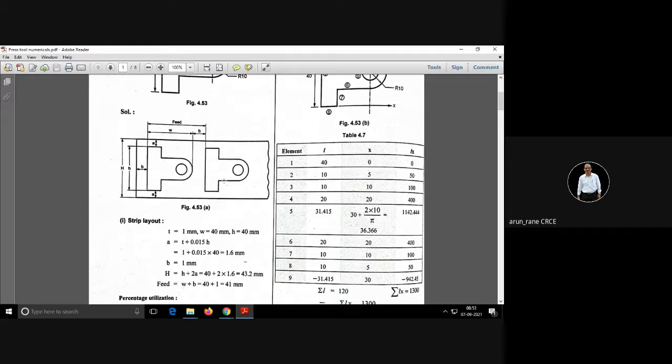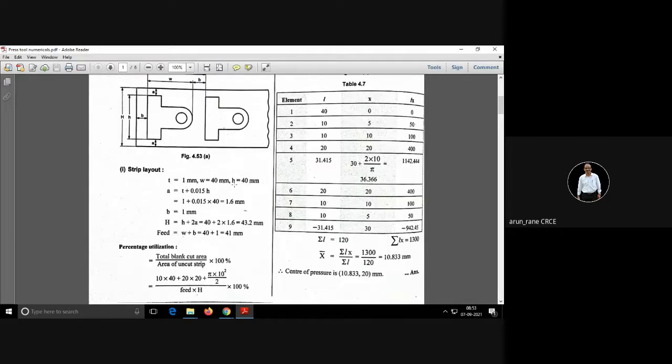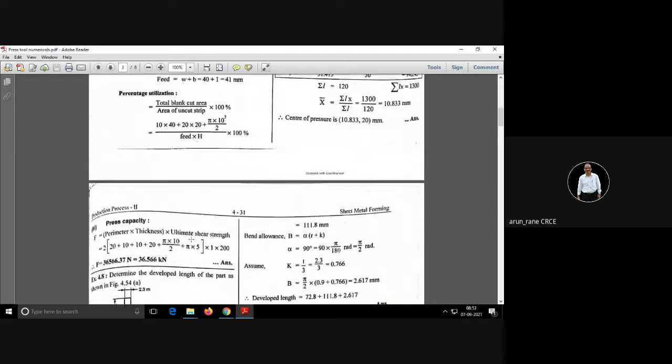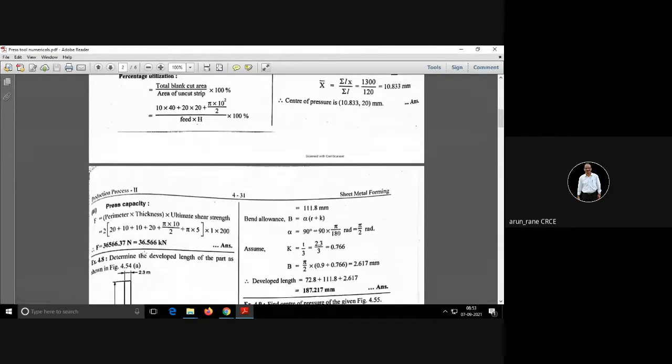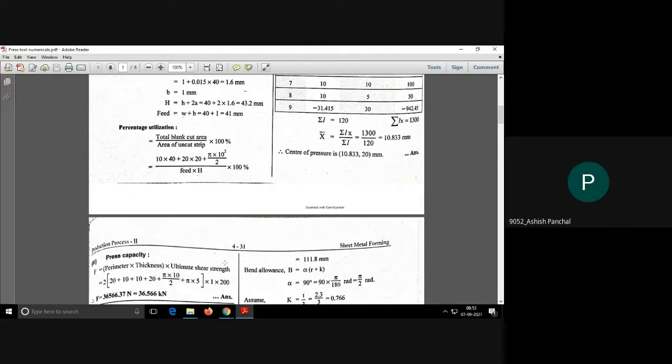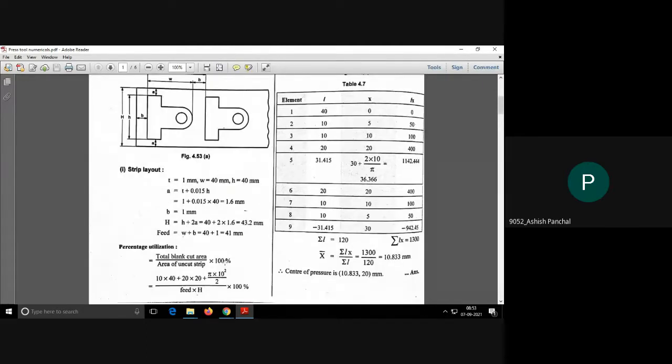बराबर है. सो दैट मीन्स एट अ टाइम आपको ब्लैंकिंग भी करना है और पियर्सिंग भी करना है साइमल्टेनियसली. डू यू एग्री? सो दैट्स व्हाई यू हैव टू मल्टीप्लाई इट बाय 2. यू अंडरस्टूड? सर लेकिन एक डाउट था. हाँ बोलो. सर अगर मैंने वो दोनों अलग अलग बताया, पियर्सिंग और ब्लैंकिंग का टनेज, तो फिर मल्टीप्लाई करना नहीं पड़ेगा ना? नहीं ना,